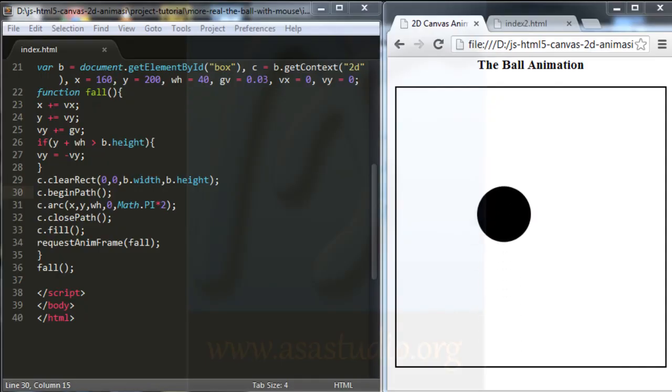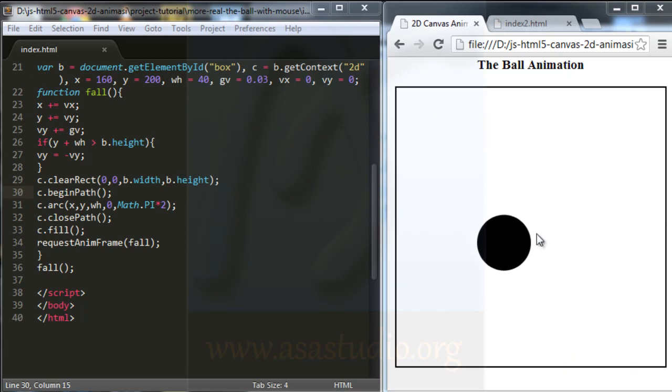Okay, now I want to create an animation like this with JavaScript, and in a tutorial before I had this animation. The ball falls down to the floor, and at collision it hits the ball to the top. Okay, like this.